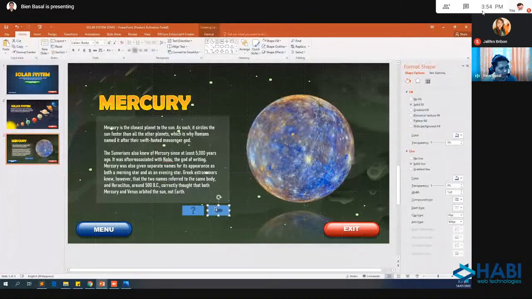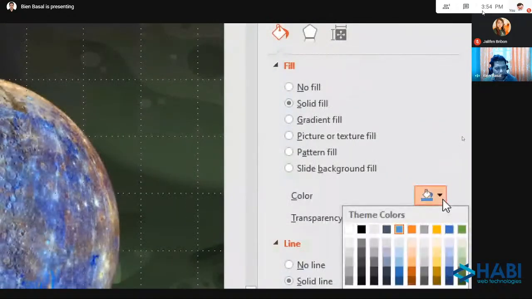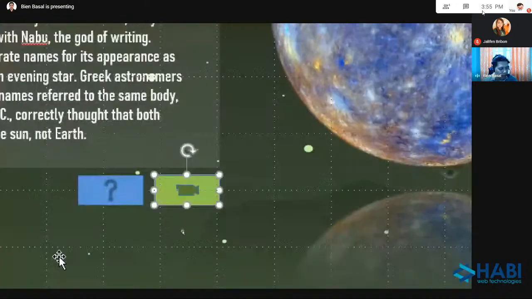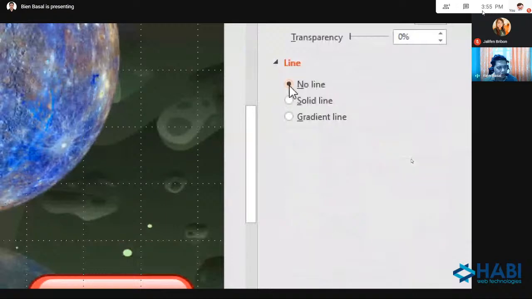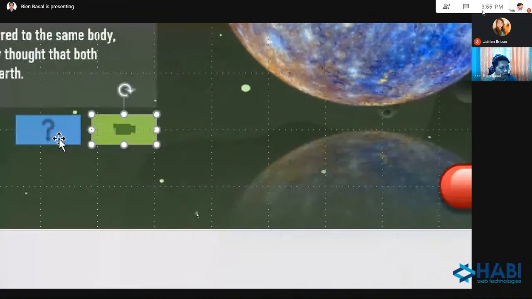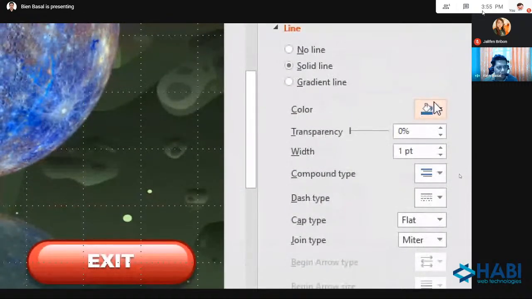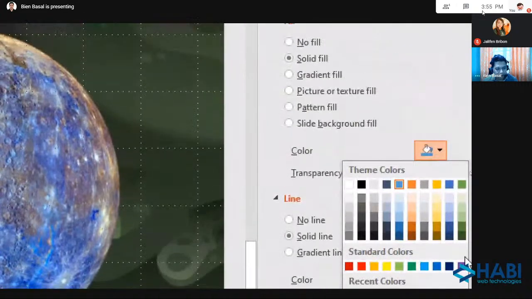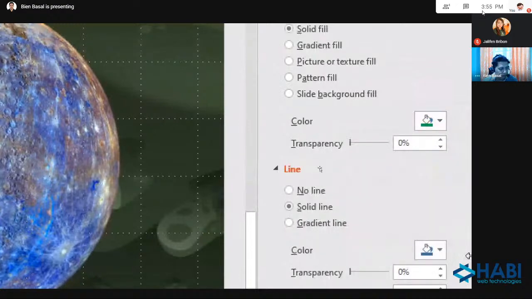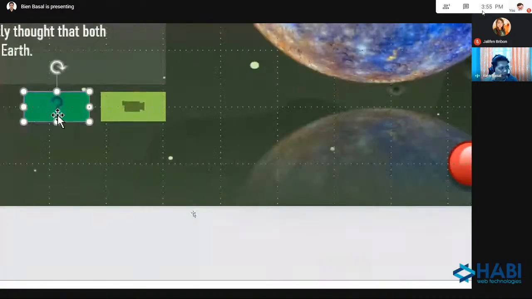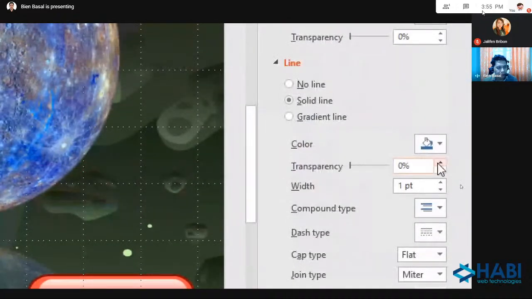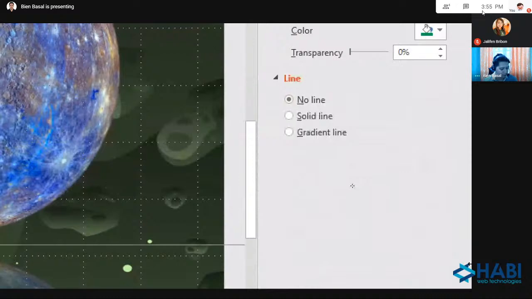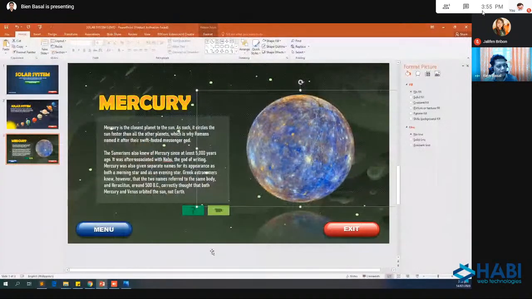And you can also modify the color of your button by simply selecting the button. And here, we have the fill. So we can use, let's say, bright green if you want. I don't want to use line, no line. And this one, for the quiz, I will use, for example, maybe darker green. So I have here like light and dark. Yeah, it's okay. And no outline. Again, no outline, no line. Yeah. So make sure to save your file.